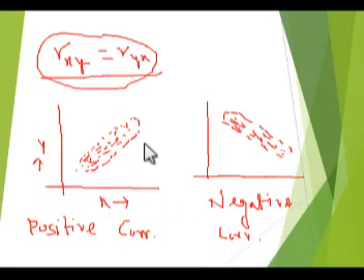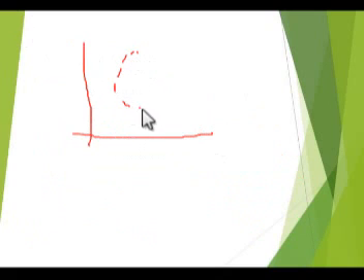And the zero correlation point is also important. If the scatter points or the data you are getting are in this way, like a circle, not a head and not a tail, but a circle, then you will get zero correlation.